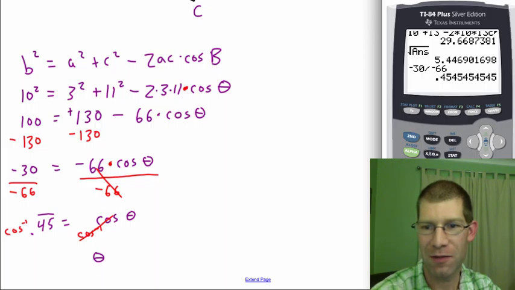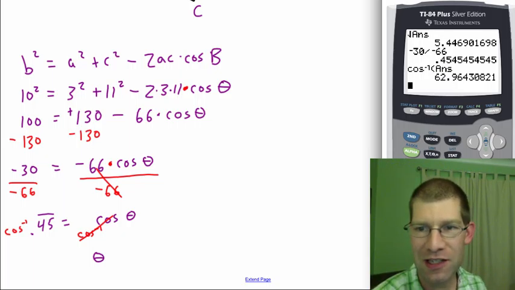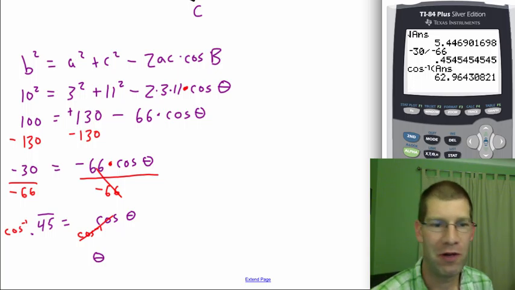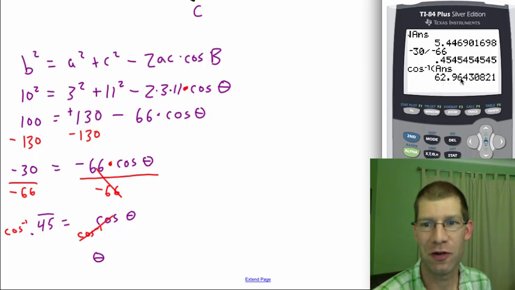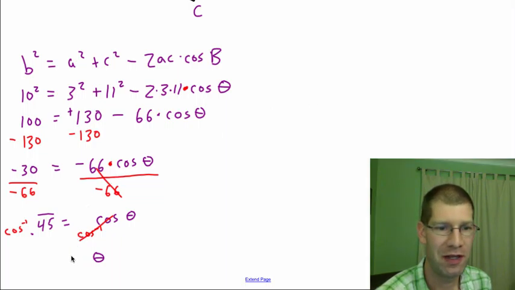So second, then my cosine button, second, and then negative to pull up the answer. And I get 62.96 degrees. I was always taught to round to one decimal point. I'm just going to round then to 63.0 because the 6 makes the 9 round up. So then theta is 63.0